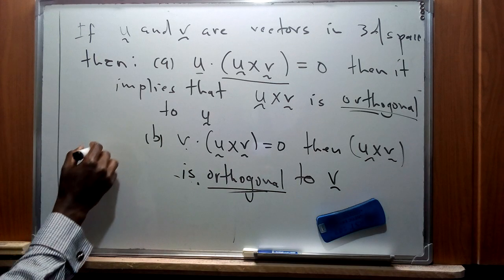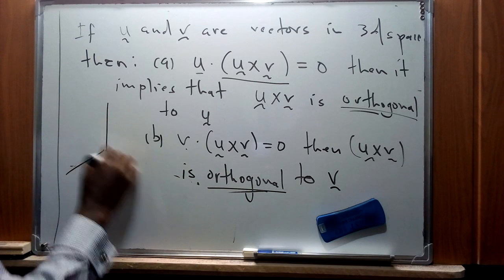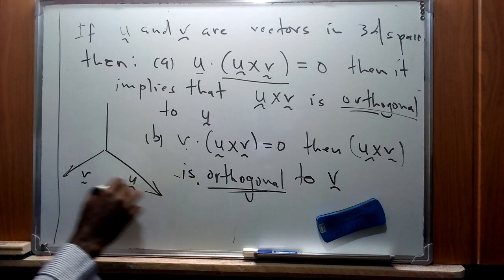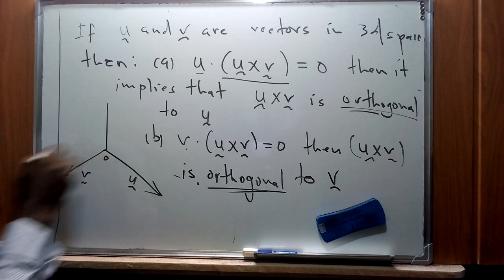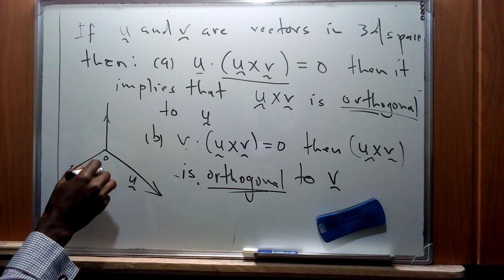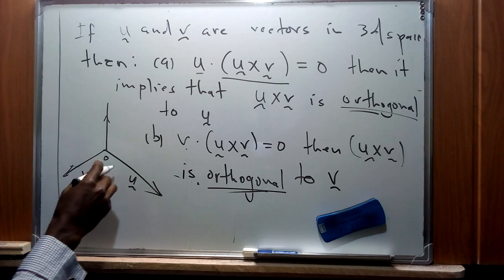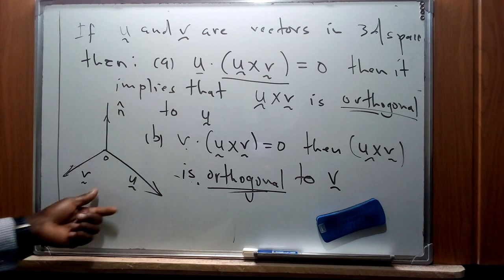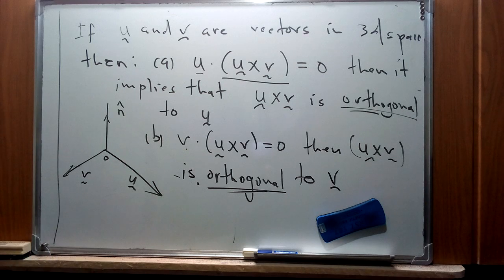If I can do an illustration, maybe this is vector u and v in that specific direction from this point, then it implies that the resulting vector is going to be perpendicular to either of these two vectors when we do a cross of those specific vectors. And there's one that I'm going to mention, but we'll just deal with it in another